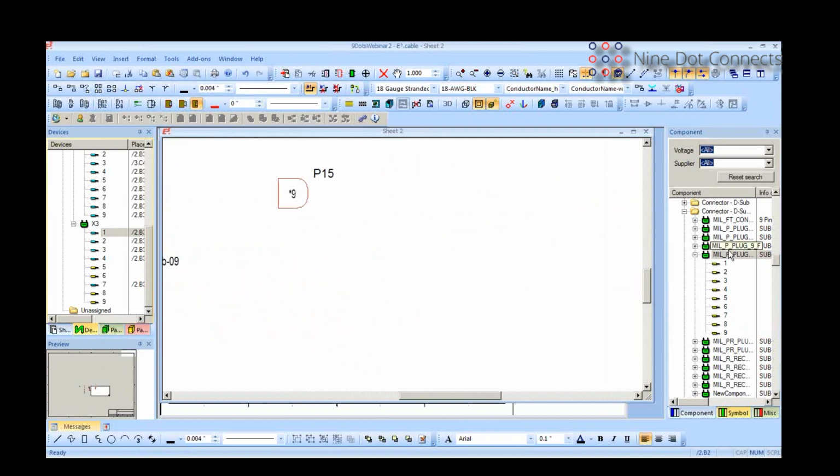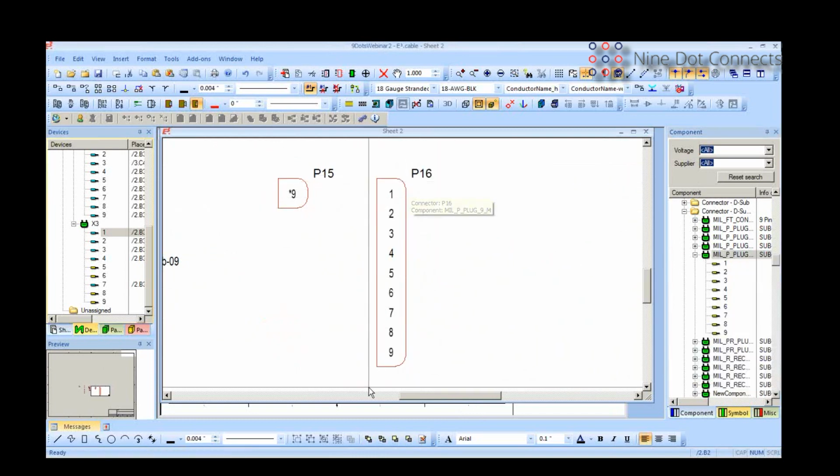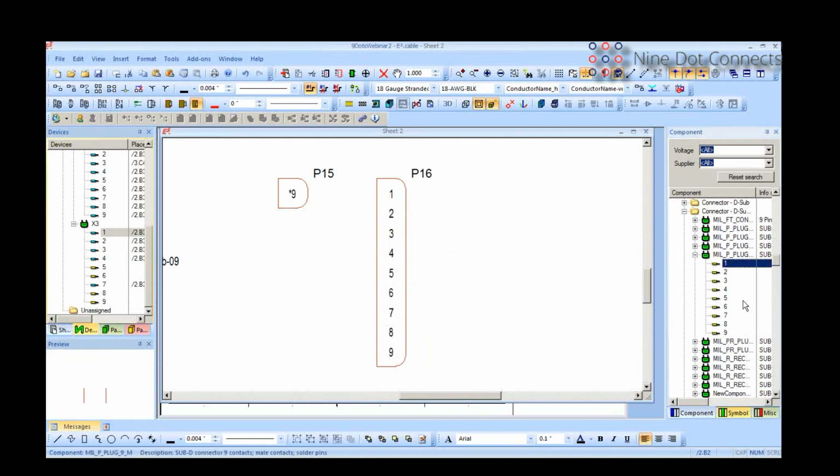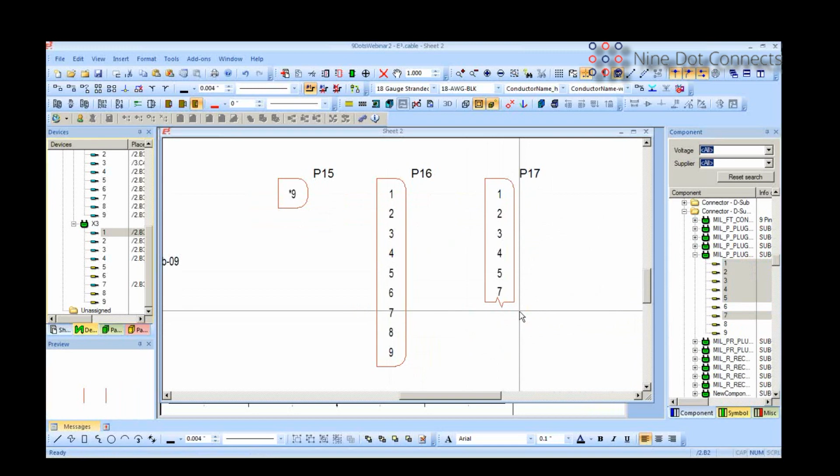So doing the same thing again, if I go in and say, well, I want every pin, I get a different representation. This is a standard used more for military applications. Probably 50% of our customers use this type of representation. And again, if I go in and say, well, I only want to use these pins, notice how the representation changes, because it's saying that this representation does not contain all the pins, and the display is controlled by this